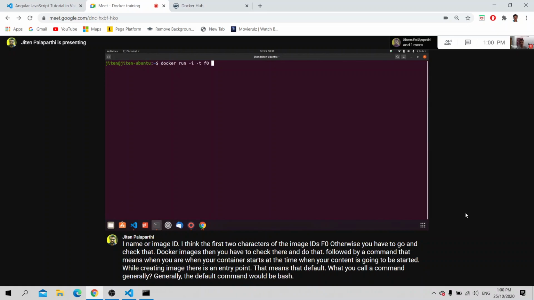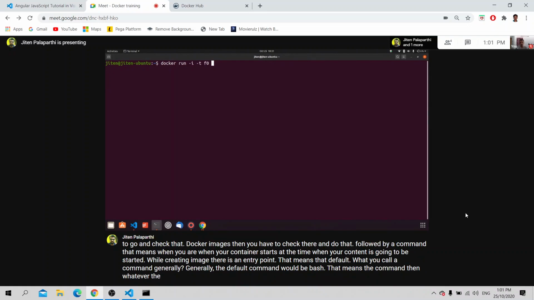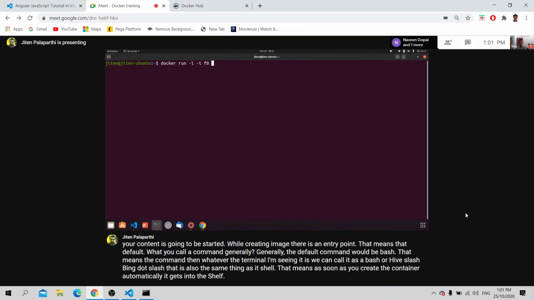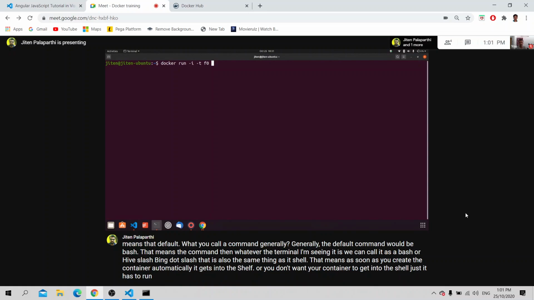Whatever terminal I'm seeing, we can call it bash, or /bin/sh, which is also the same thing as shell. That means as soon as you create a container, automatically it gets into the shell. Or you may not want your container to get into the shell; it just has to run your application and exit. That also you can do.